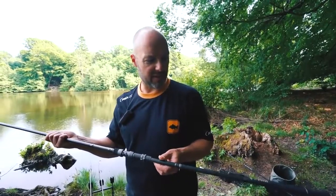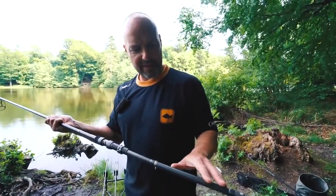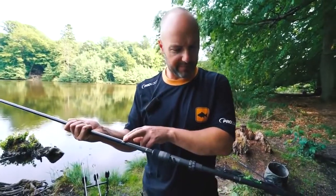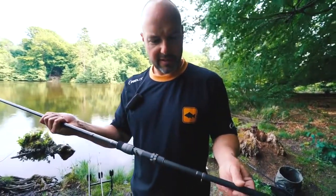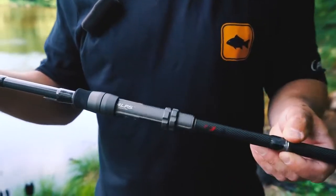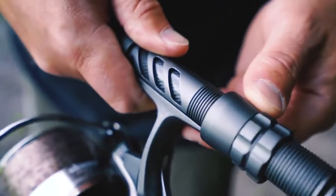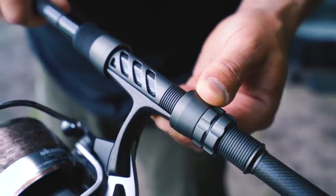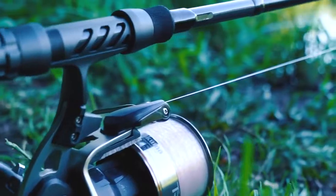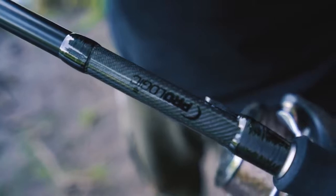So I'm going to take you through some of the features. We've called it the K1 because we have a reinforced, very, very fine carbon weave through the handle, which comes out just above the reel seat. Underneath you will see our unique Prologic spigot for the butt rest. We have an Alps reel seat, very, very popular these days. A beautifully machined Duplon collar, and here just in front of our own moulded Prologic pure carbon line clip, we